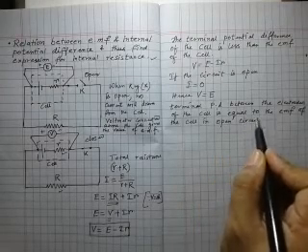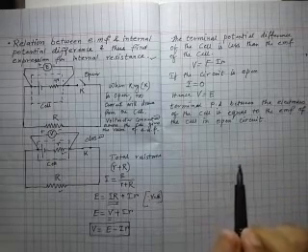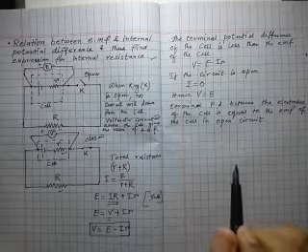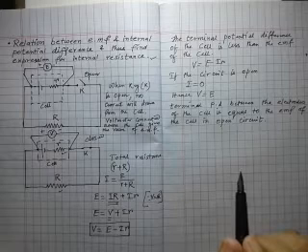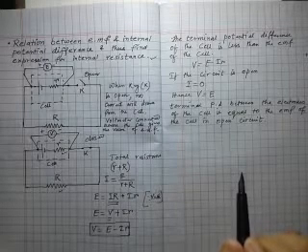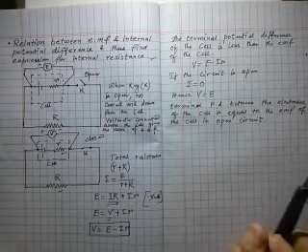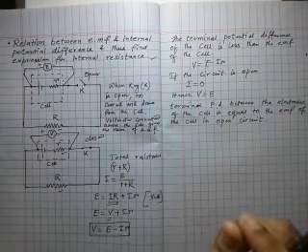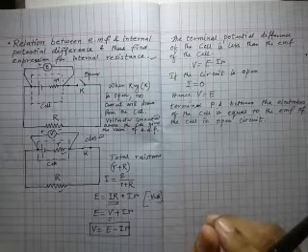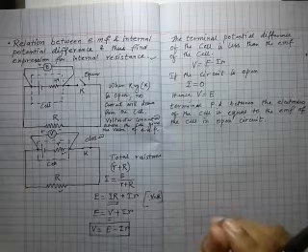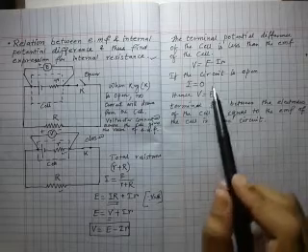Okay. So now we'll determine the internal resistance of the cell. First you have to know what the internal resistance is. The definition is: the internal resistance of a cell is defined as the opposition offered by the electrodes and electrolytes of the cell to the flow of current through it. Normally it is denoted by small r.